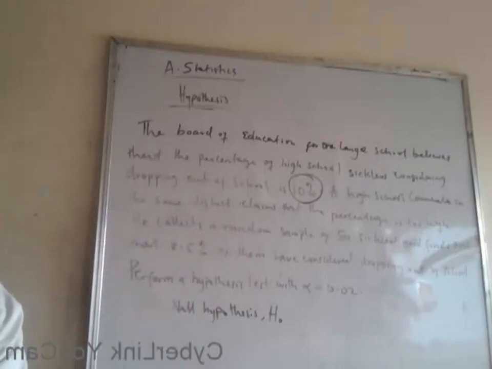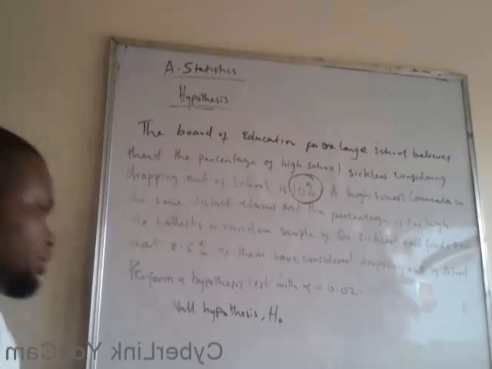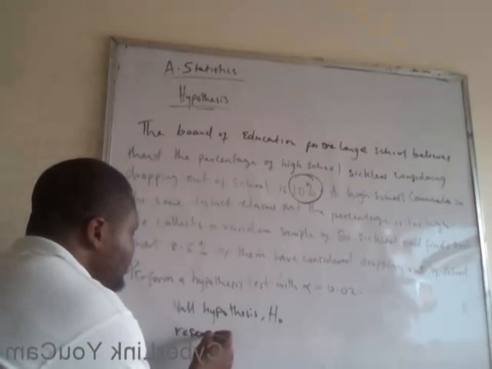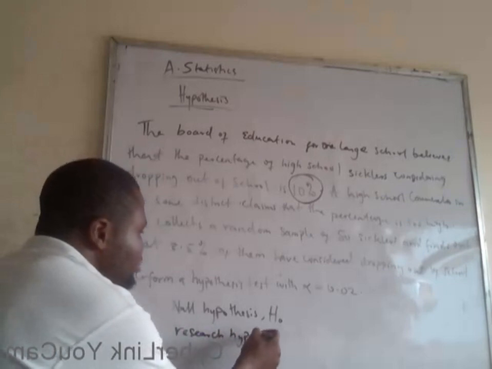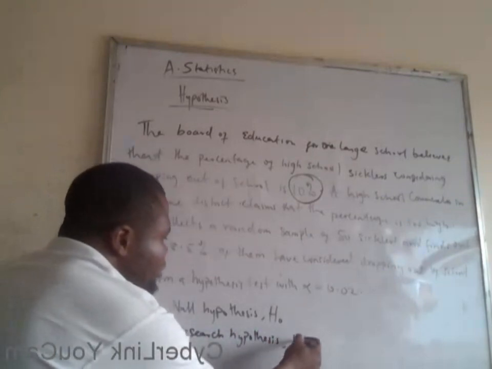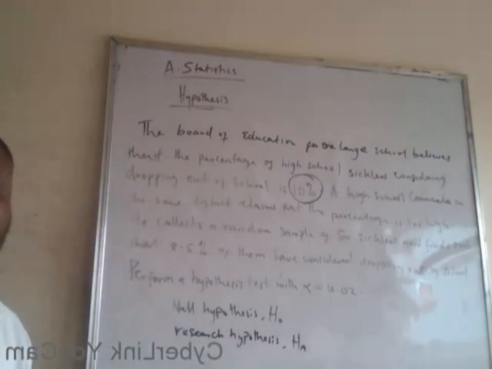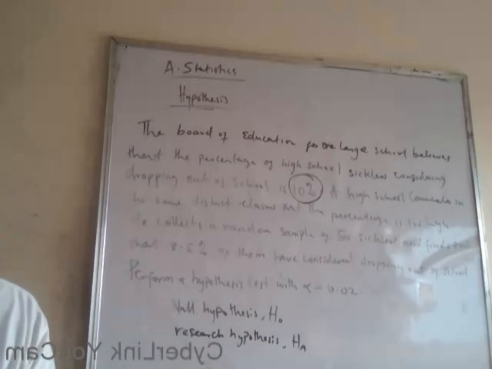All right. So the research hypothesis, denoted as HA, is the population parameter that the researcher is aiming to gather evidence in favor of. So it is the hypothesis that the researcher is aiming to gather evidence for. Right. From this particular question, we have that